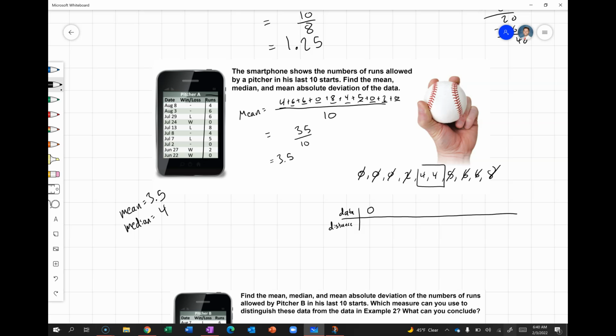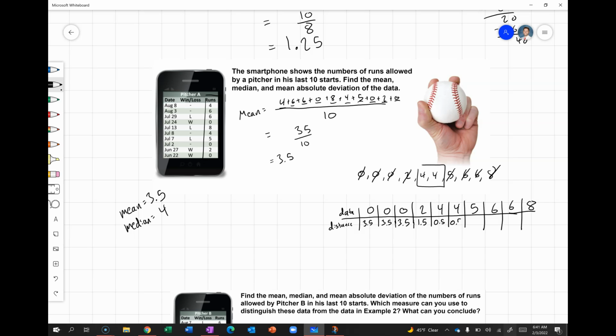So again, we have 0, 0, 0, 2, 4, 4, 5, 6, 6, and 8. Okay, so then our distance from the mean is 3.5. So this is 3.5, 3.5, 3.5. 2 would be a distance of 1.5,